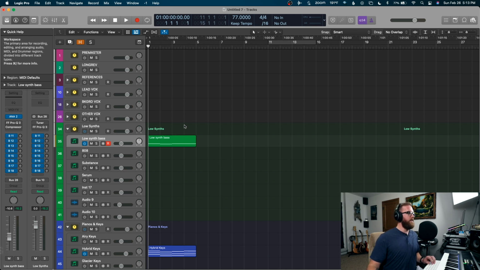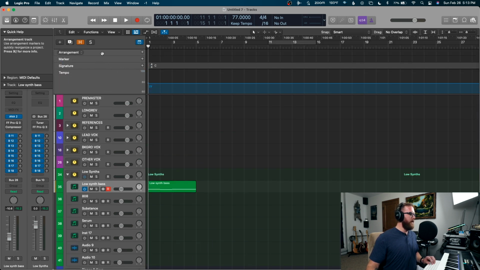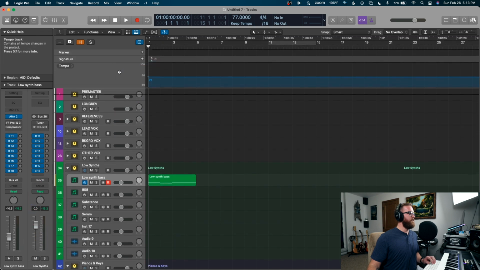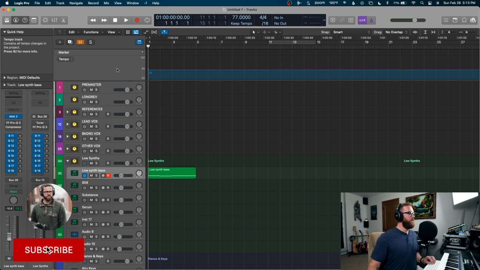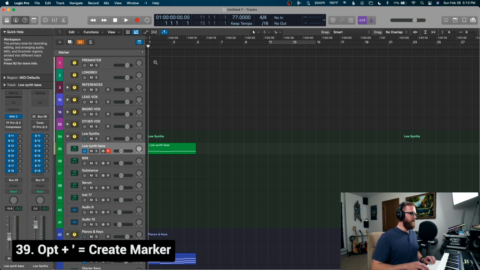So what we're gonna do is hit G to open our global tracks. And then I prefer to use the markers. I don't really like the arrangement feature. It just works a little bit better with my workflow. So I'm gonna right click and get rid of everything else. All right, now that we have just our marker showing, we're going to do Option apostrophe to create a new